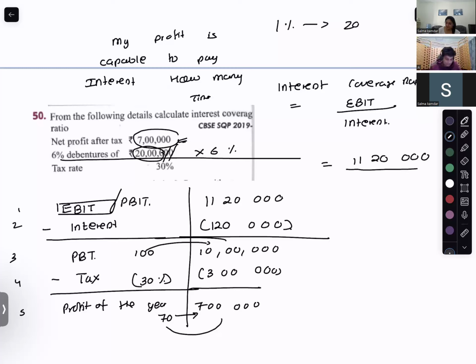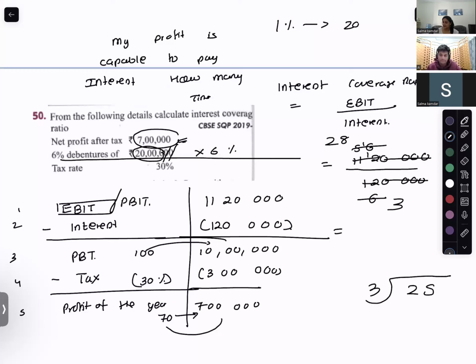Interest is 1 lakh 20,000, when I'm dividing. 2 6s are 12, 2 5s are 10, and 6 are 12. Are you with me? 2 3s are 6, 2 2s are 4, and 8. Are you with me? So if I do 28 divided by 3, 3 9s are